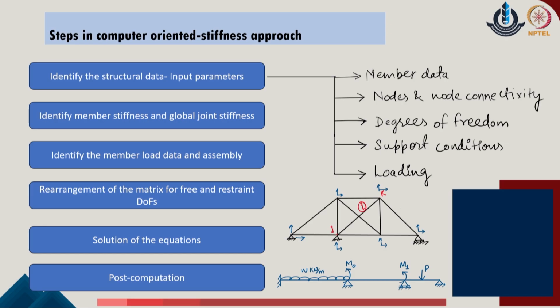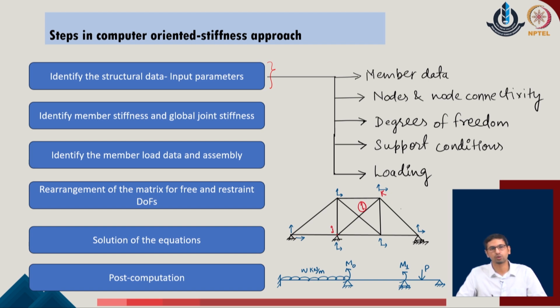As we have seen the computer oriented stiffness approach, we have discussed the overall content of it. We understand that the steps of the given problem are: we initially identify all the input parameters, because now we are not thinking from the perspective of a user doing it manually, but we are trying to put all these parameters into a computer program which will run it. As a user visualizes a problem, in the similar manner we need to put all the input parameters for the computer to understand, and for that we define very clearly at the beginning what the input parameters required for the problem are, and we provide all that information to the program so that it can run the analysis for the requisite cases.